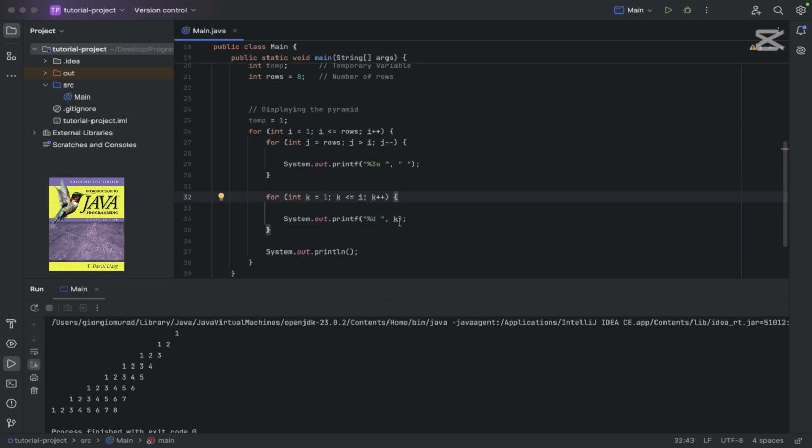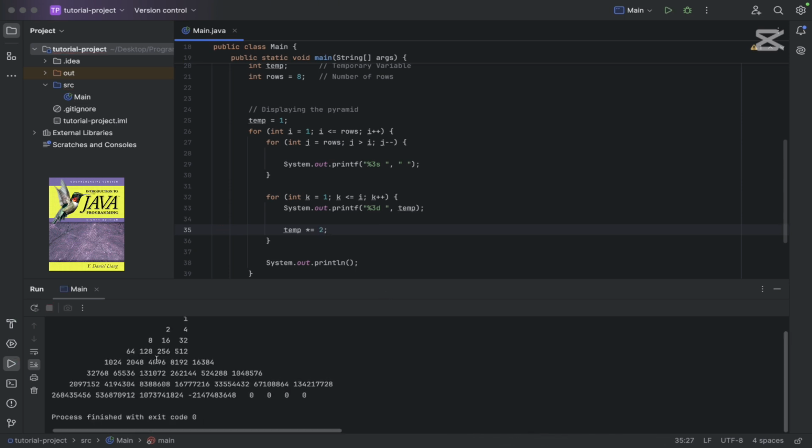I should display the value of temp instead of k. So temp, put this back to 3. And at the end of this, I'll perform temp times equal 2. Now if I run it,